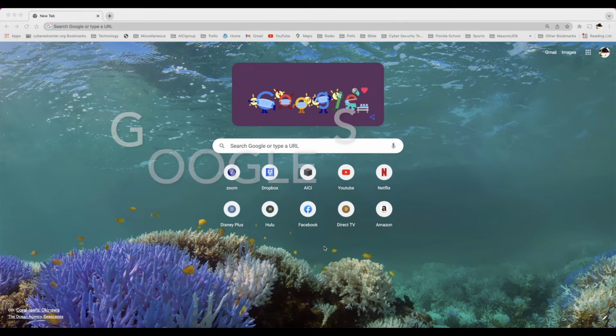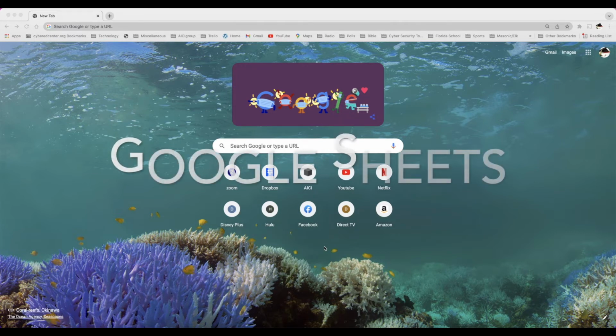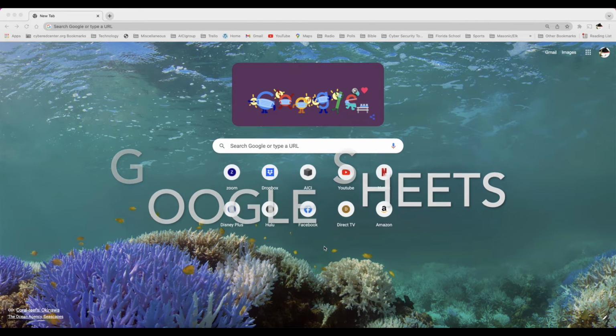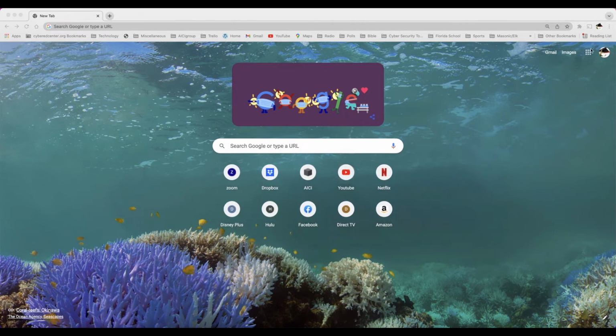Our topic today is creating a Google Doc. Some of you may be familiar with Microsoft Word, and if you are, that's great. Google Docs looks very familiar to Microsoft Word. In fact, you can convert Google Docs to Microsoft Word and Microsoft Word to Google Docs. So let's get started. The first thing that you want to do is, again, as I said before, make sure